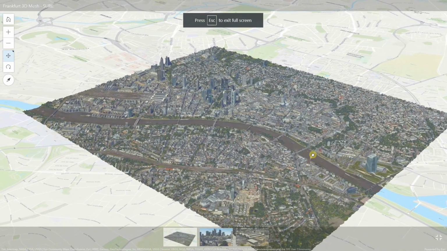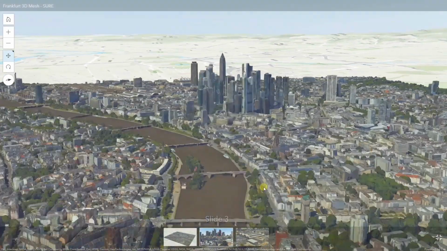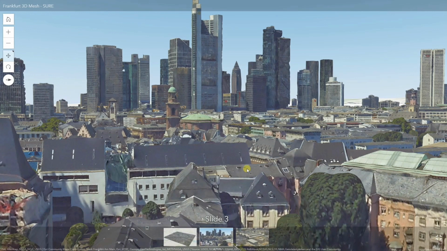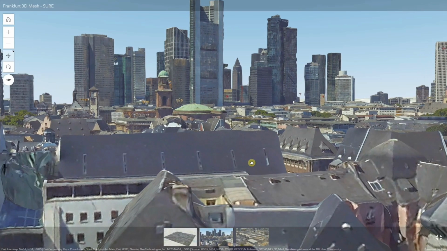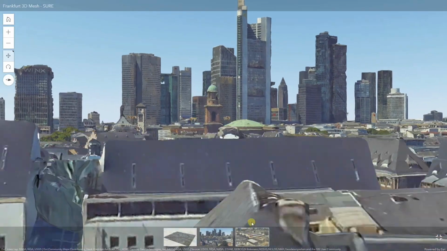To show you what I mean, I have an example here of the city of Frankfurt. This imagery was captured at 10 centimeter resolution and stitched together using Shore. As you can see, the results are quite impressive, showing really fine detail of the many buildings within the scene. I hope these quick product intros have been a useful starting point for thinking of new ways to leverage new kinds of data within your own organizations.